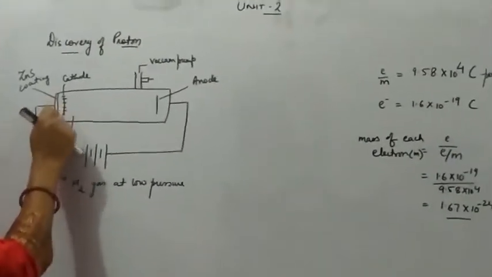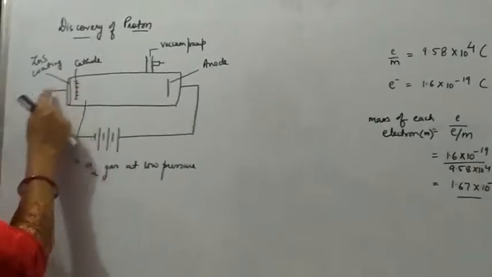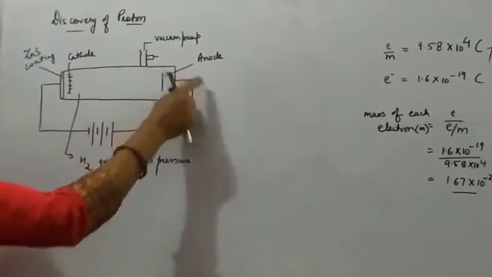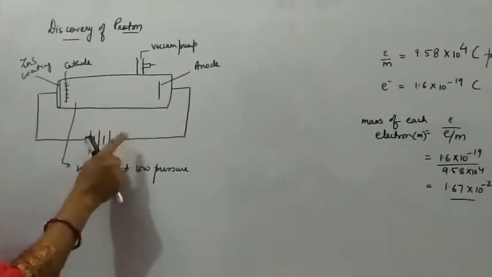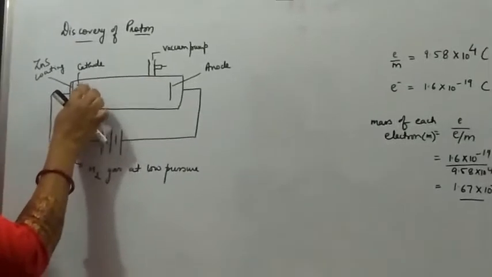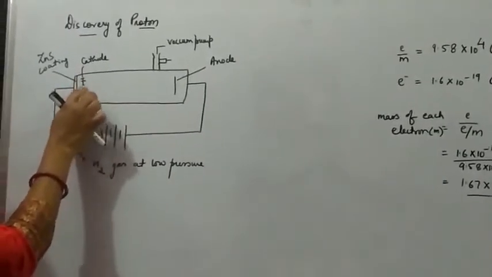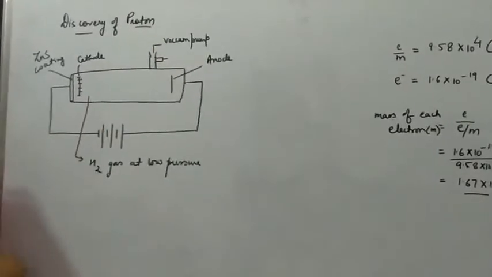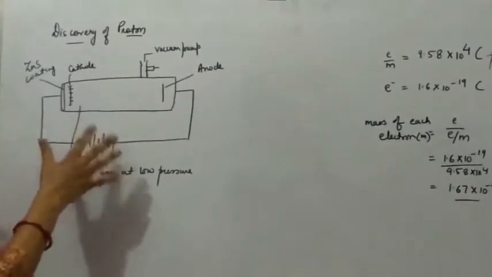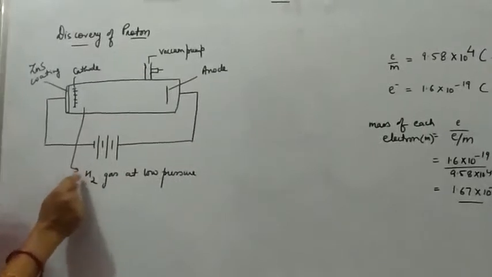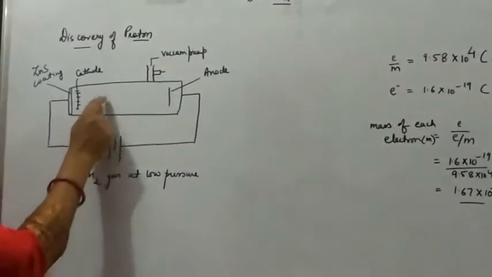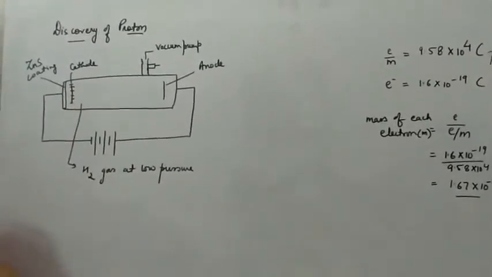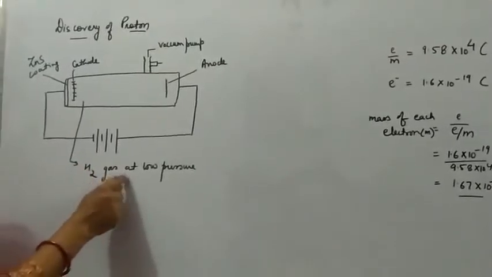Here we have the cathode connected to the negative terminal and the anode connected to the positive terminal of the cell of the battery. You can see that the cathode is perforated, having holes, and the vacuum pump is at the anode. When a high potential difference is applied, the hydrogen gas, which was initially placed inside the discharge tube at low pressure,